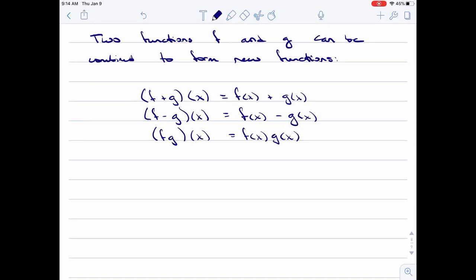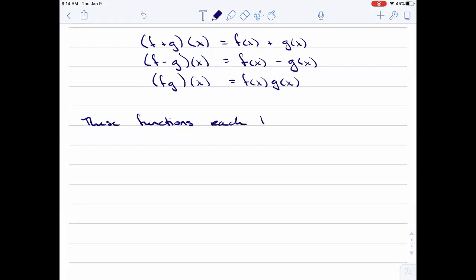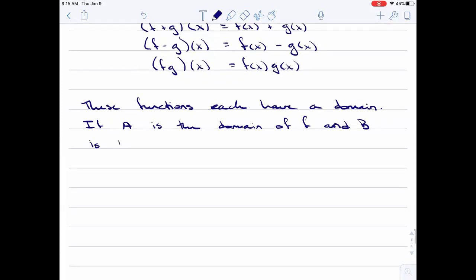Okay. f is going to have a domain and g is going to have a domain, right? And so if we call the domain of f A and the domain of g B, then all of these will have the domain where the two domains overlap, right? We can't have one without the other. And so it's the intersection of A and B. So these functions each have a domain, right? So if capital A is the domain of f, and capital B is the domain of g,